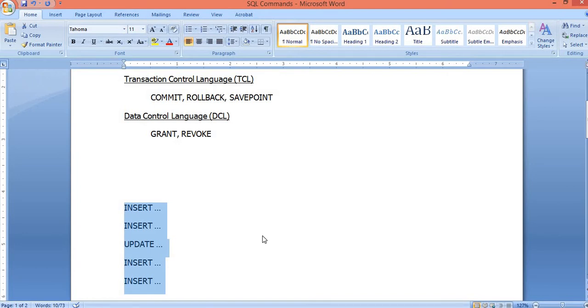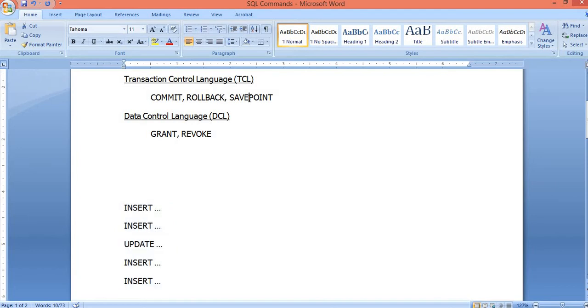There will be a term that will be used. Whenever you give the rollback command, it will take you to the previous consistent state. Previous consistent state in the sense previous committed state. So ultimately the meaning is that whatever results you have in the buffer will be removed. That is the meaning of it.